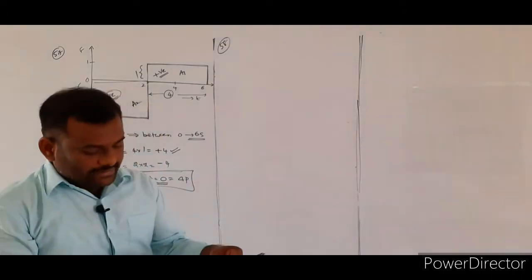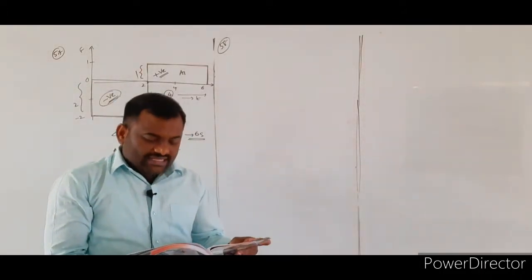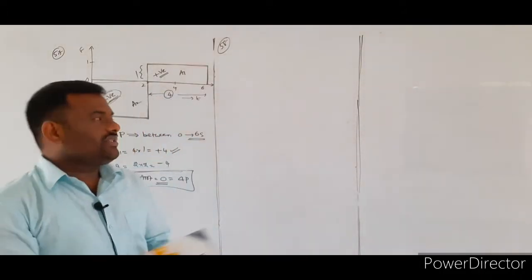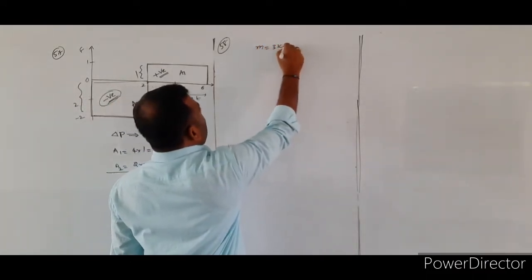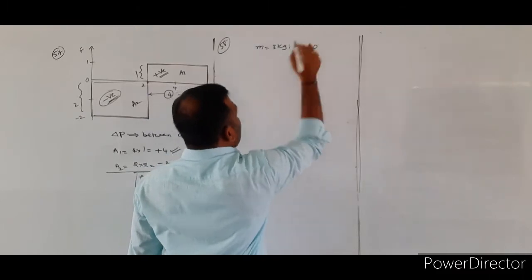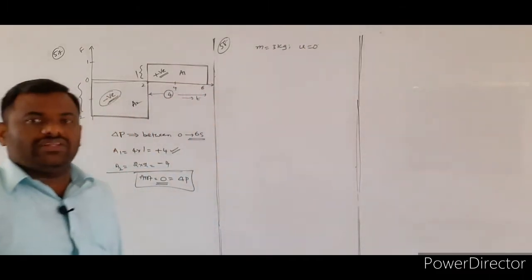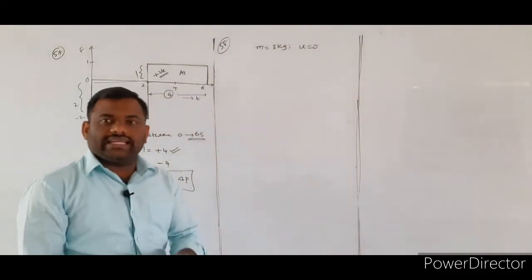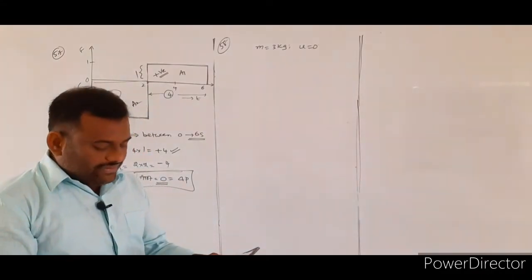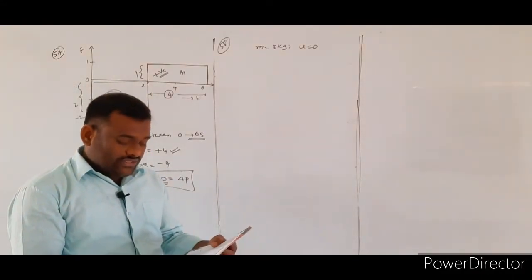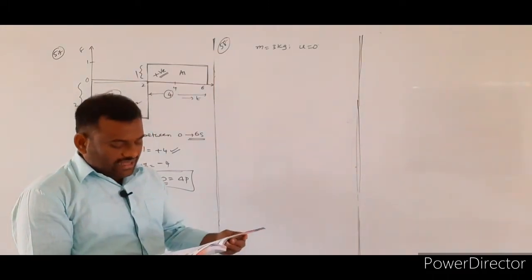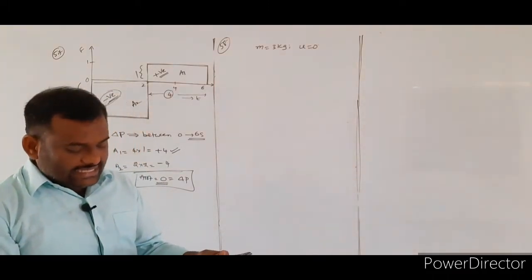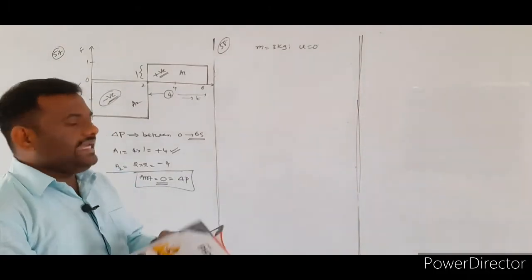Problem 58. An object of mass 3 kg is at rest. Here one object is mentioned whose mass is 3 kg, and its initial state is rest. Now a force F = 6t² i cap + 2t j cap is applied on the object. Find the velocity of the object at t = 3 seconds.